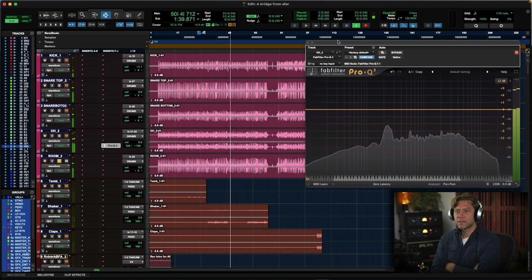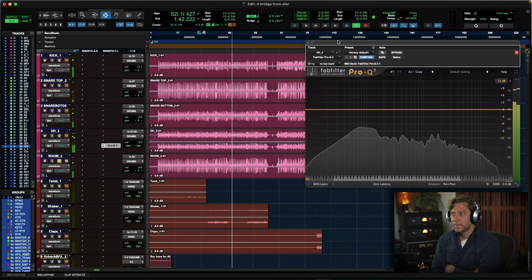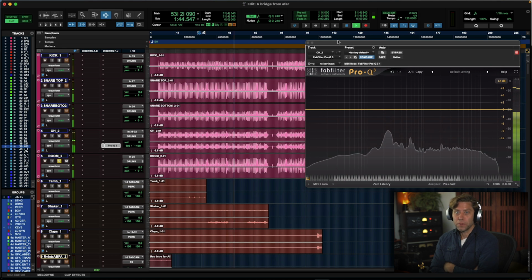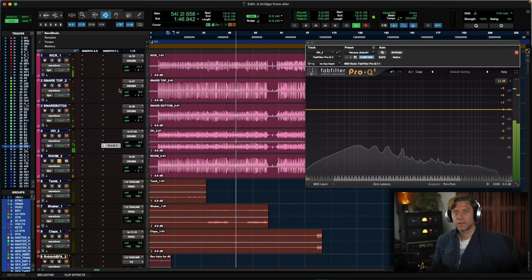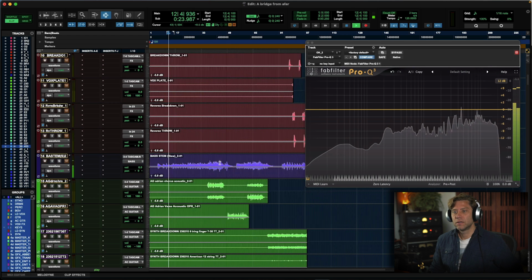So this is the room mic. It almost sounds like a crotch mic. It's going to be a lot of fun to mix. If we just listen to the drums and bass,